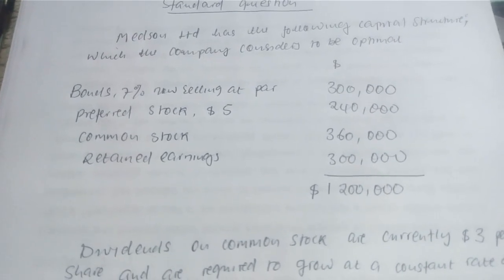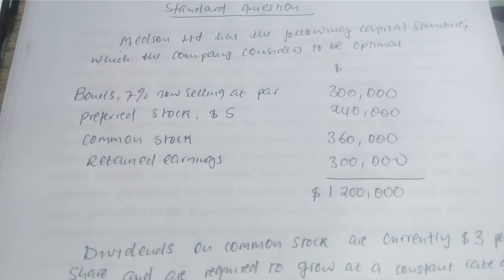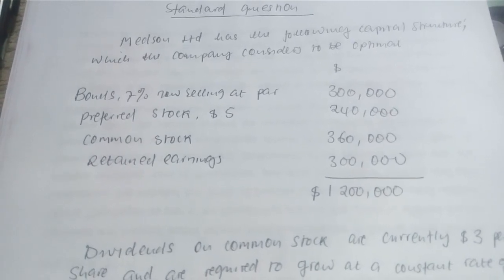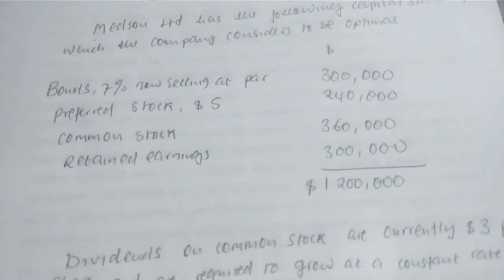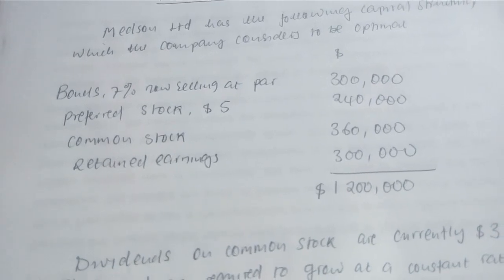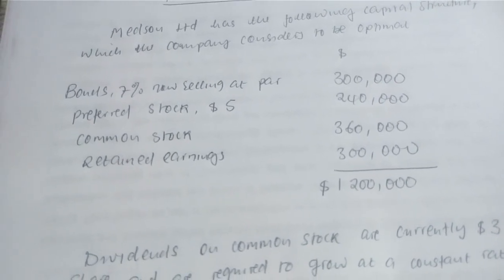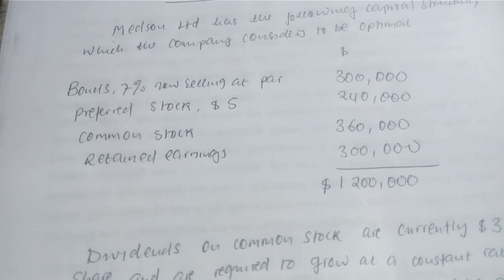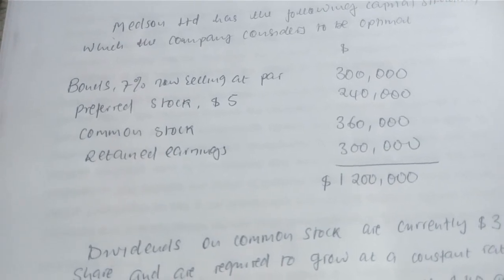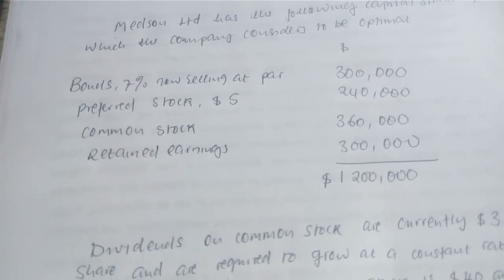Preferred stock with a dividend of $5, valued at $240,000. Common stock is valued at $360,000. Retained earnings are valued at $300,000, bringing the total to